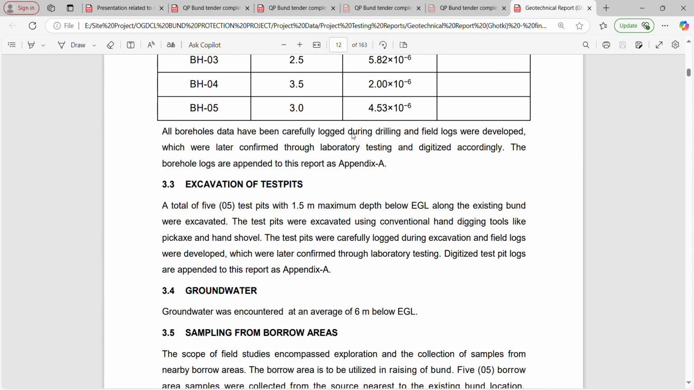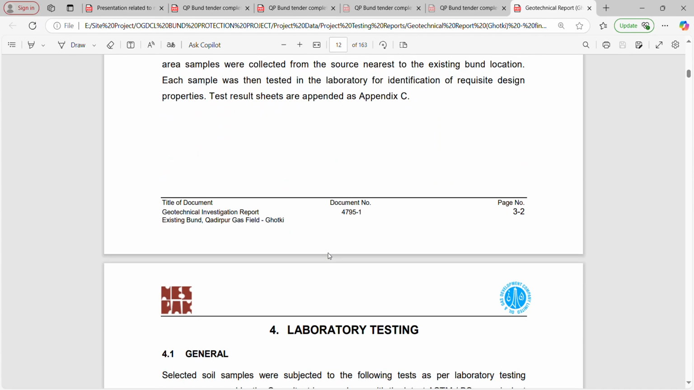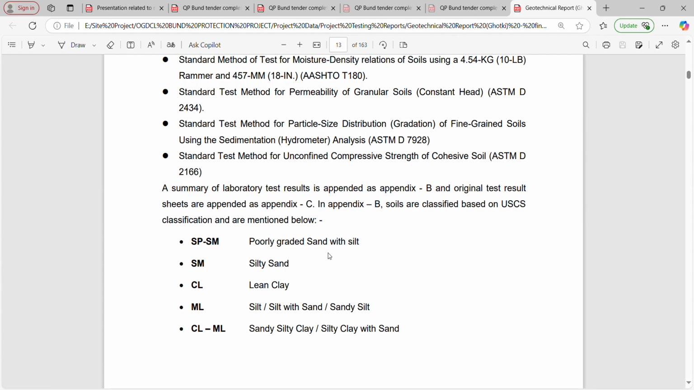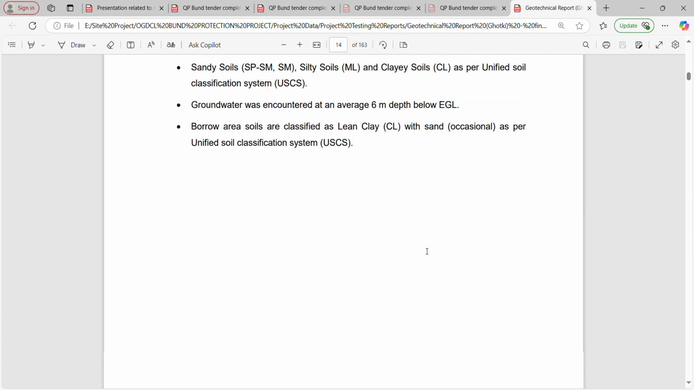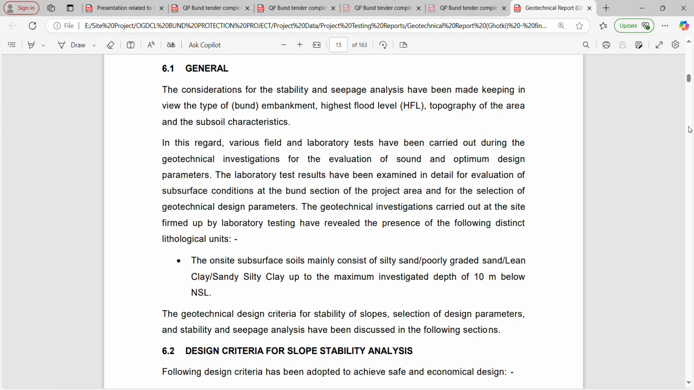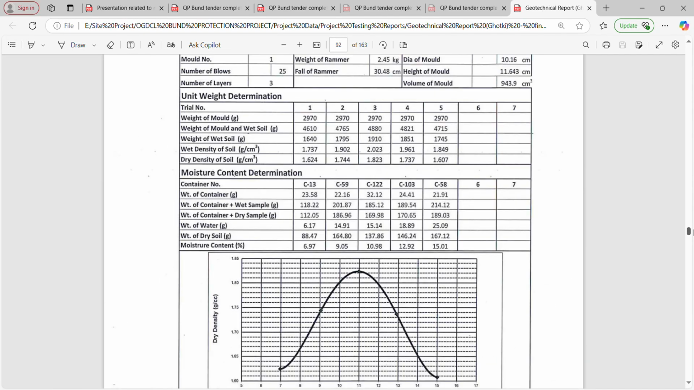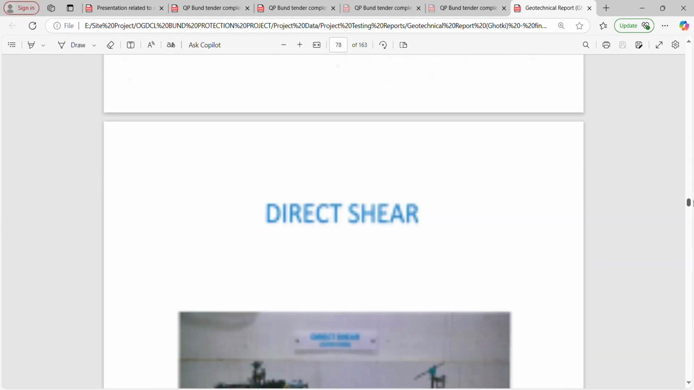These are all the laboratory test results: field permeability and sieve analysis, and this is the type of material used in the bund according to UCS classification. These are all the laboratory test results. So we are basically going for the